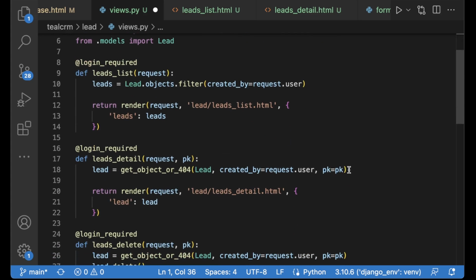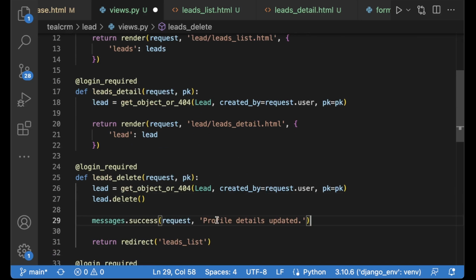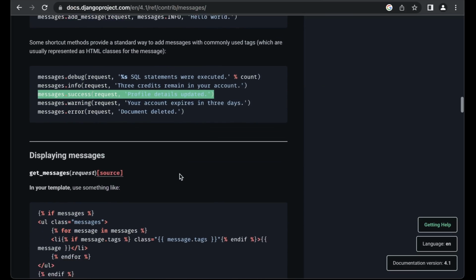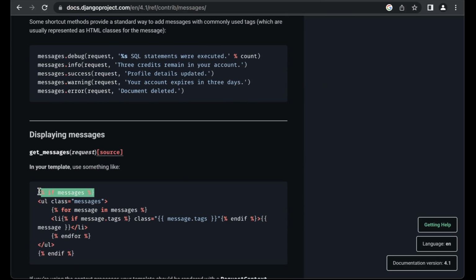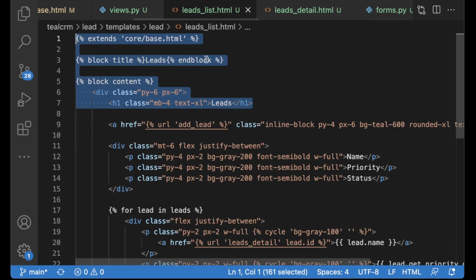So to do that, we just say below where it was deleted, the lead was deleted, and save. The problem now is that we haven't made it possible to show this in the template, so that can be the next step.